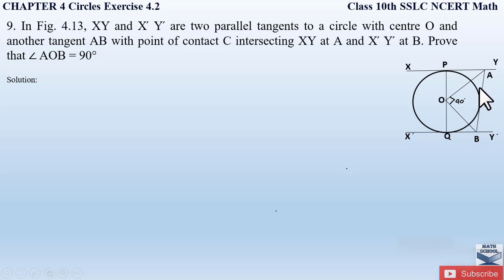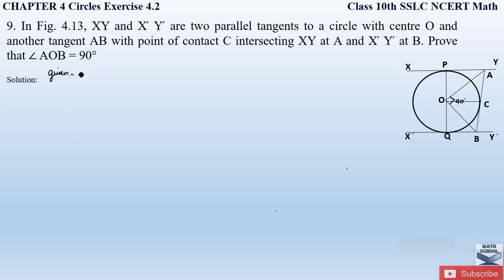So here, how do we prove that this angle AOB is equal to 90 degrees? For that, we have to do a small construction. We have to draw a line from the center O to the point of contact C so that we can easily prove that this angle AOB becomes a 90 degree angle by using the congruency of triangles property. Since the question asks us to prove that angle AOB is equal to 90 degrees, we will write it in theorem form. That is, first we will write down what is given, then what we have to prove, construction and proof. So let us first write down what is given in the question.